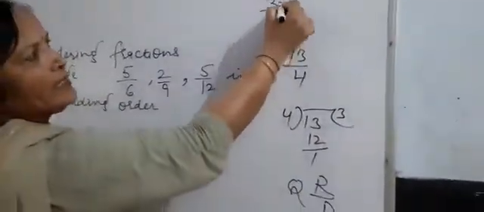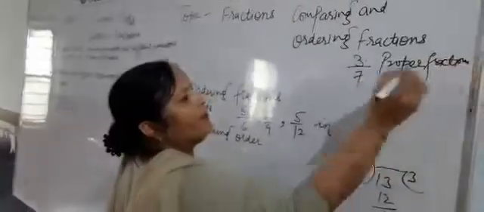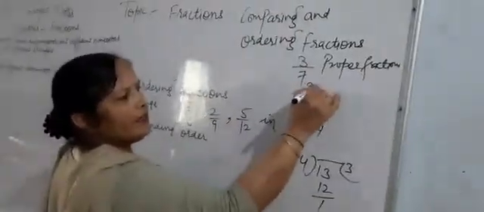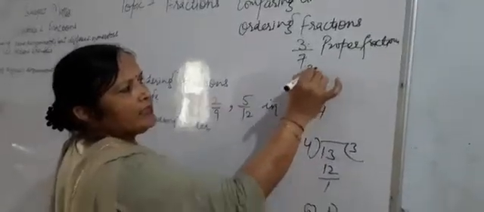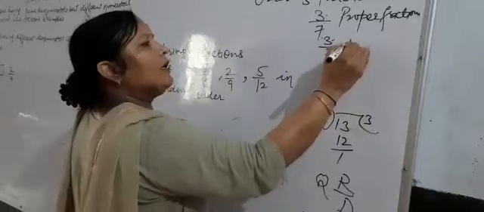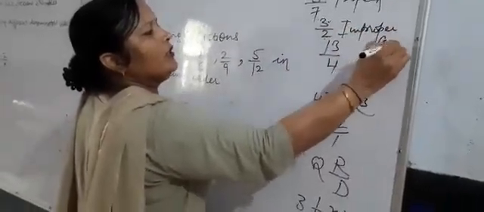When the numerator is less than the denominator, this type of fraction is a proper fraction. And an improper fraction is when the numerator is greater than the denominator. Here 3 is the numerator, 2 is the denominator. Then this is called an improper fraction. इसको हम बोलते हैं improper fraction.